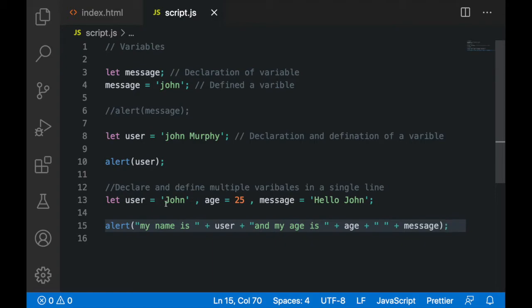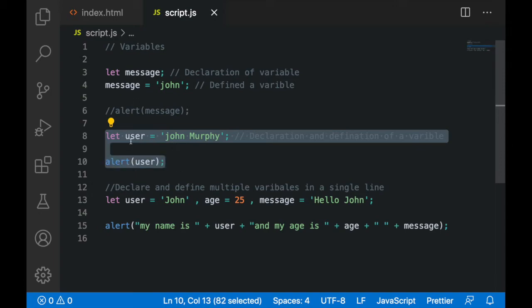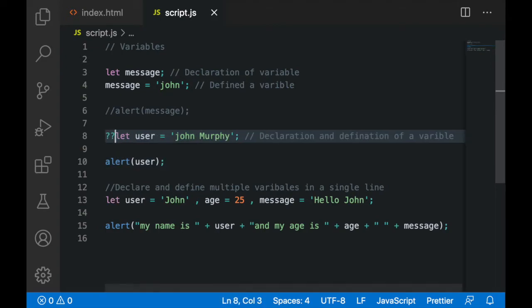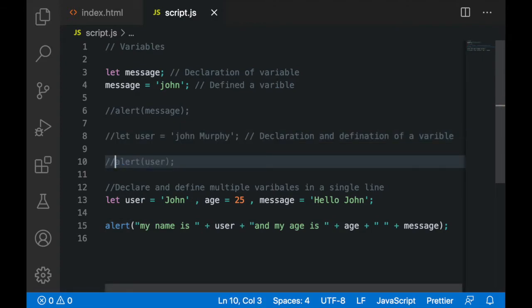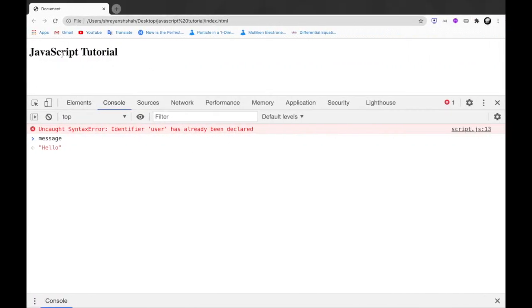Friends, here you have declared the same variable 2 times. Here you are writing let user equals John Murphy, and here you are writing let user equals John. This is definitely going to create an error because you cannot define a variable 2 times in a single script. So after commenting out this line of code, let us save this again, go back to your web browser and refresh.